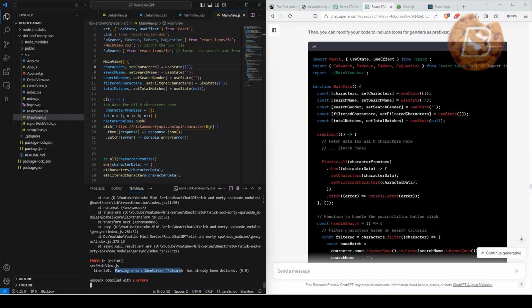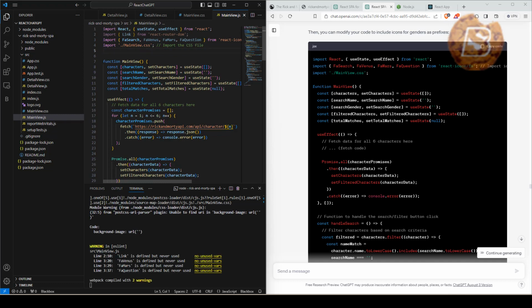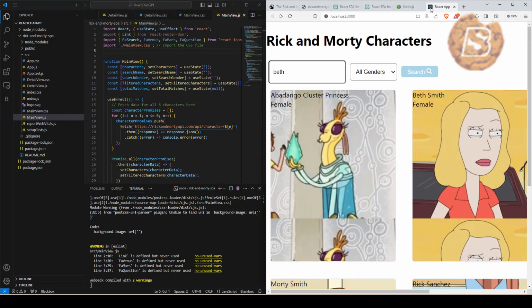and it says that faSearch has already been declared. So let's see, we have faSearch over here and faSearch over here as well. So we'll be removing this piece now from here, and we'll just keep the one that we just now updated. So deleted some, and now over here the search icon is there, and